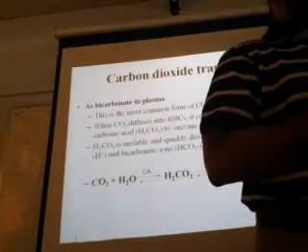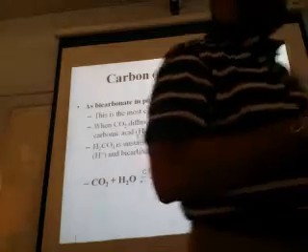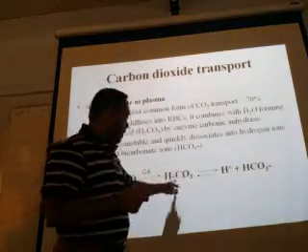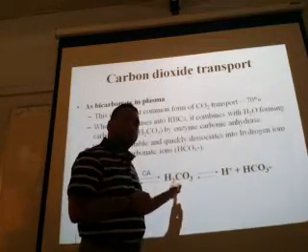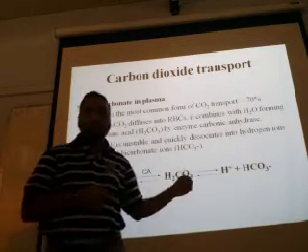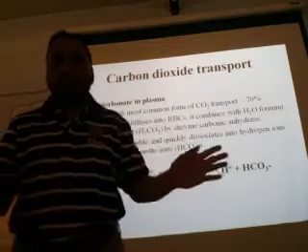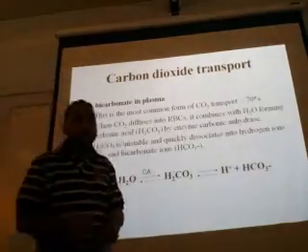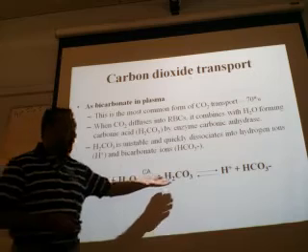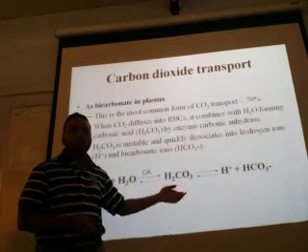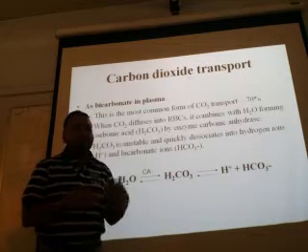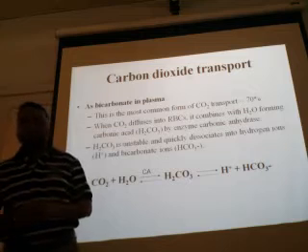What about the carbon dioxide that is dissolved in the plasma? There is water. Will there be formation of carbonic acid? This is forming inside the RBC. Will it form in the plasma also? Yes, it will. Because water is there and carbon dioxide is dissolving in the plasma, carbonic acid will form. But it will be very slow. That process will be insignificant. It is so slow that it doesn't give any percentage to it.